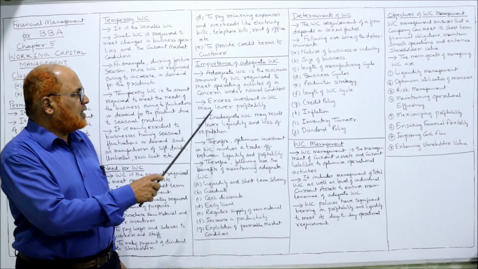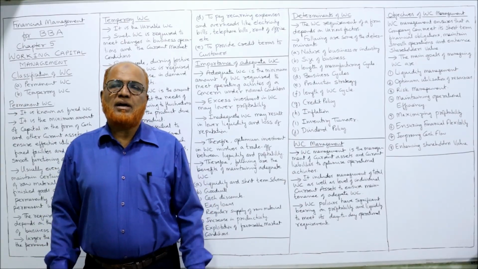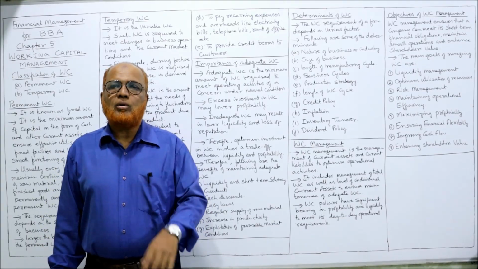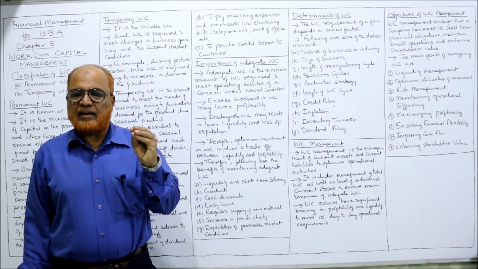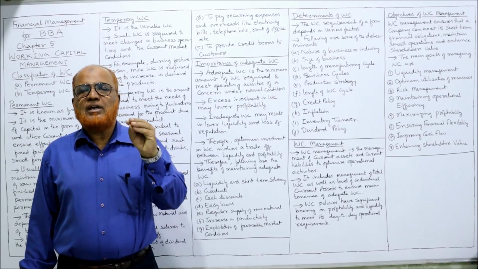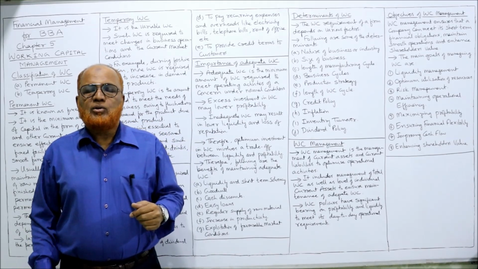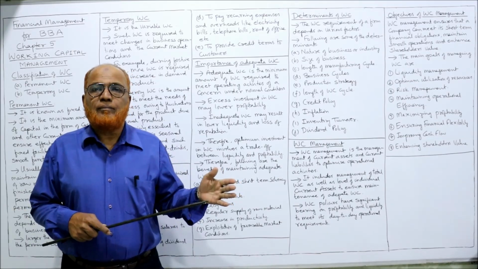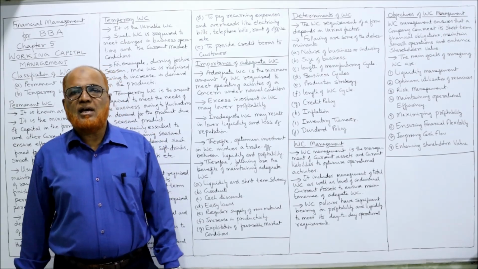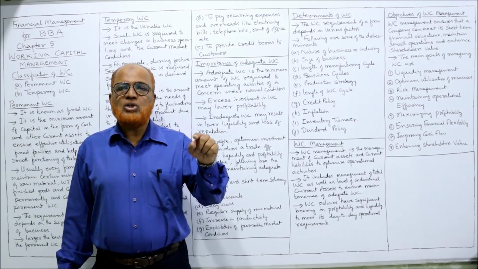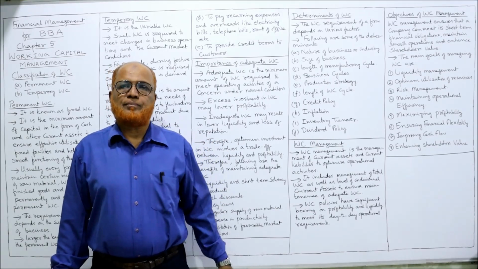Next, excess investment in current assets leads to lower profitability. If you invest more money in current assets, your profitability will go down. Let me give you a simple example. In your business the inventory level is 5 lakh, but instead of keeping 5 lakh you are keeping inventory of 10 lakh rupees. So you are keeping excess inventory, and money will be unnecessarily blocked. There is a saying, idle money will not generate any income, idle money will incur cost.